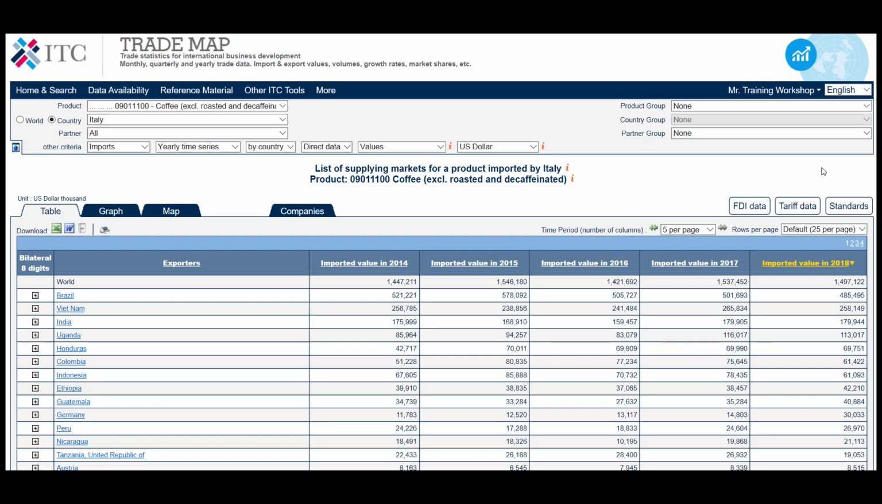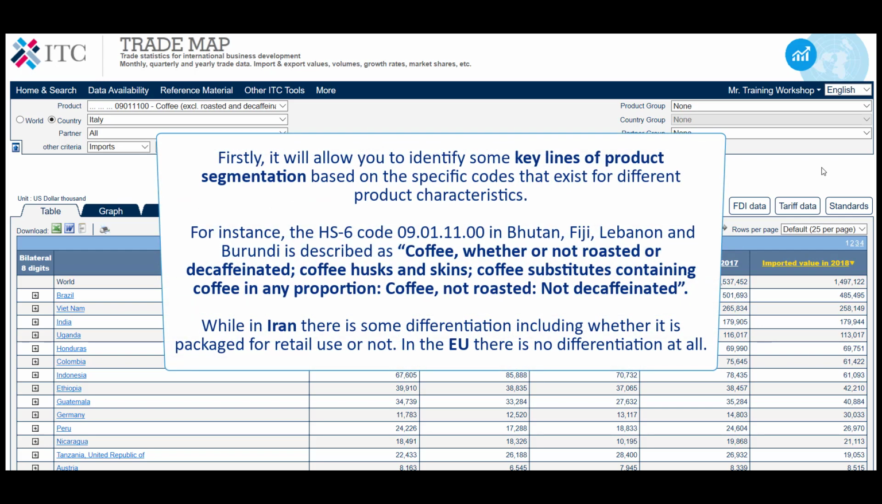Looking at national tariff line data will allow you to do at least two things. Firstly, it will allow you to identify some key lines of product segmentation based on the specific codes that exist for different product characteristics. For instance, the HS6 code